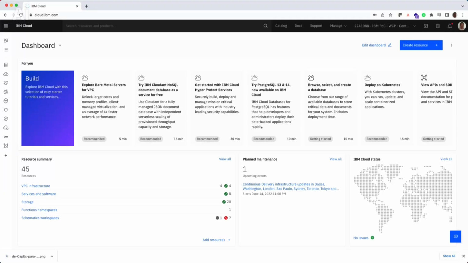Hello! In this video, I will give an overview of IBM Cloud, for you to understand a little bit about how the IBM Cloud portal works. So let's go. The first point it's important for us to understand is that whenever we enter the IBM Cloud,